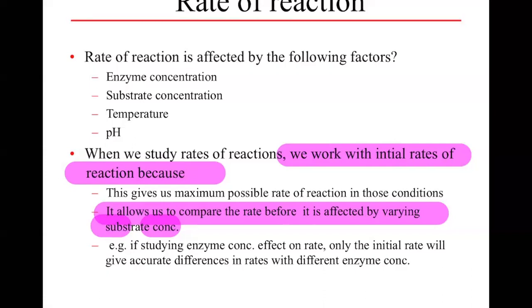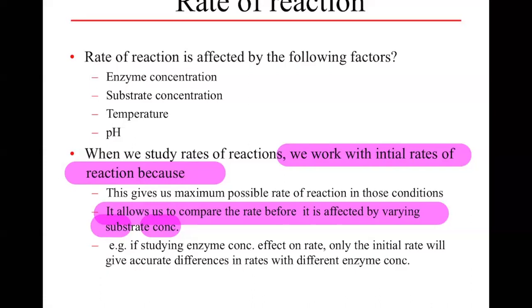And we want to compare how fast, we want to compare the rate of reaction of one enzyme with another enzyme. So the best thing would be that we use the initial rate of reaction as a comparison. Why? Because this is that time period in which the effect of varying factors is not playing a very important